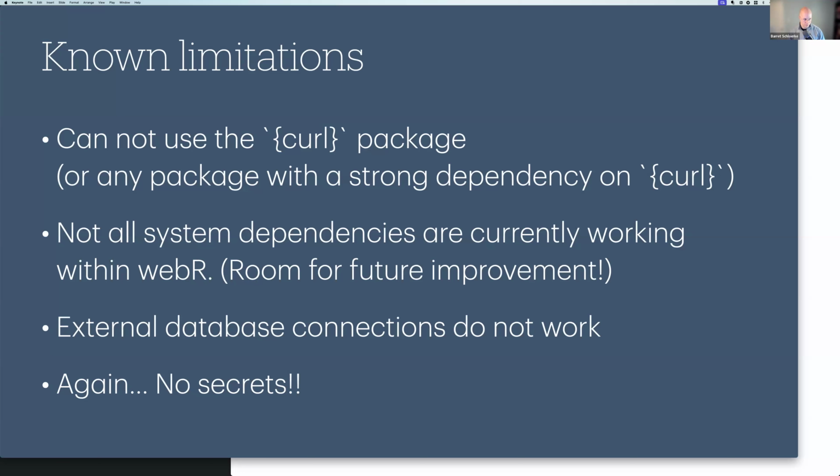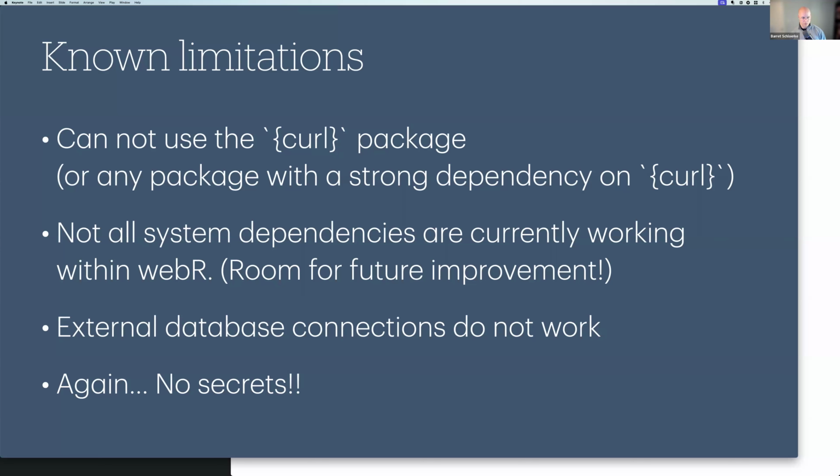There is room for improvement, and George is excited to continue working on those. But not everything is automatically there. I think he got a lot of the packages to work, and that was great. I think he's at like 70 or 80% of CRAN, which is really impressive, given all the different behaviors and requirements of each package. But it's not 100%, so you may have difficulties if you're doing something with an expert requirement.